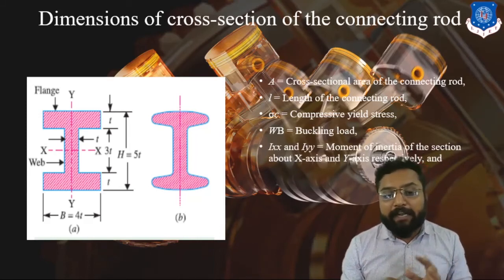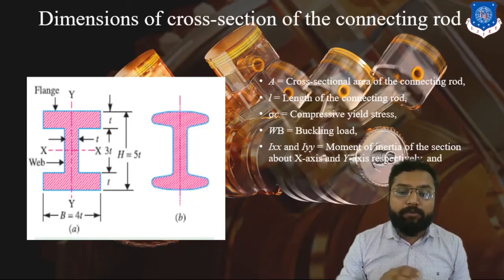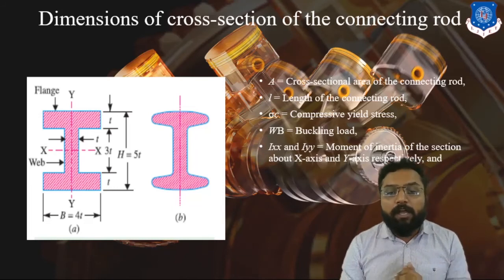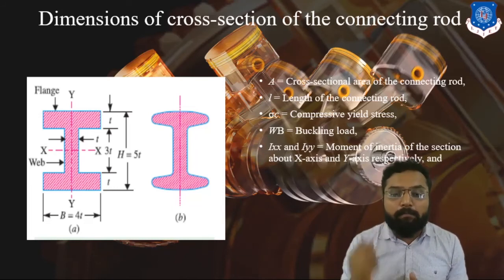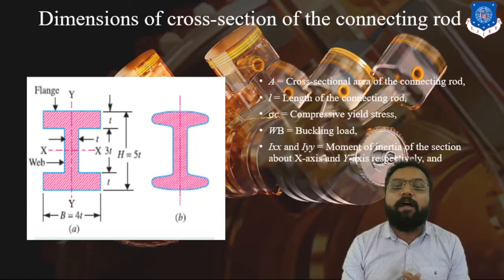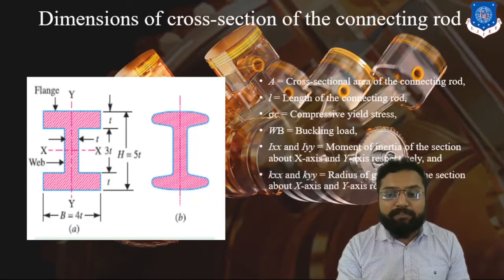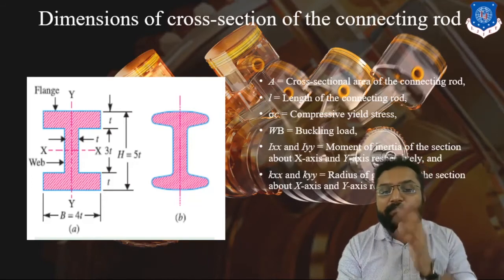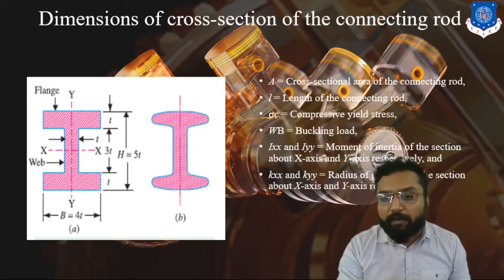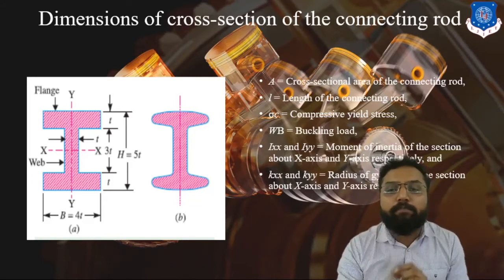Clear? After that, we have to design for our limiting criteria, because due to this buckling load, it can tend to buckle in the x-axis direction. Here you can see the x-axis cross section area and the y-y direction. So it can buckle in both directions. We have to find the minimum moment of inertia where it can yield easily. Okay? This is the radius of gyration which is applicable while considering this moment of inertia. So these are going to be our input criteria.